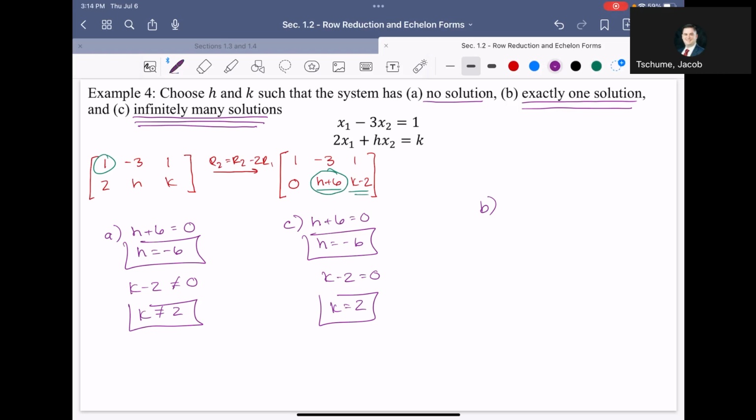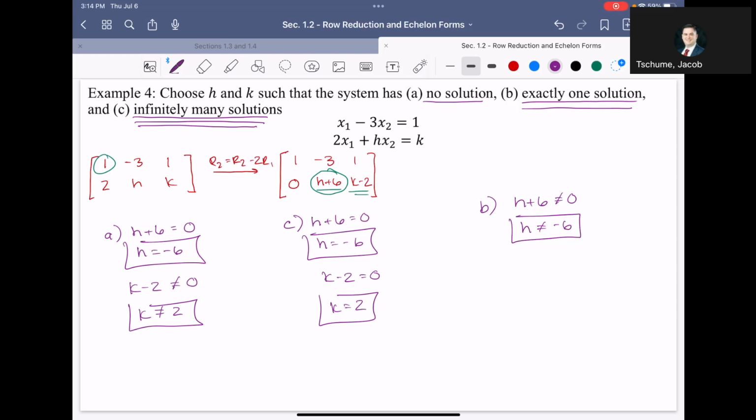So the first thing I know is that H plus 6 cannot be 0. So thus H cannot be -6. And so now thinking out loud, if that circle is not 0, it does not matter what is in the K position. Because if there is a pivot position there, then any number you get in the far right column will be the only solution for, in this case,